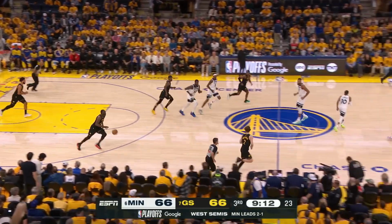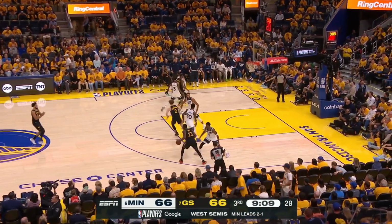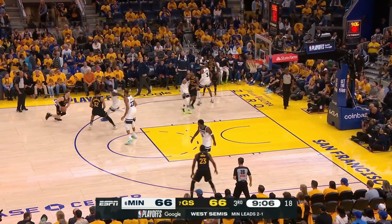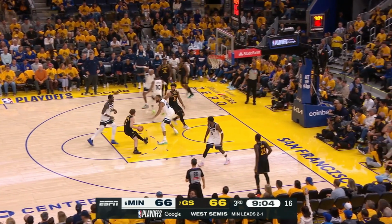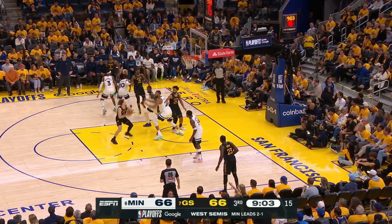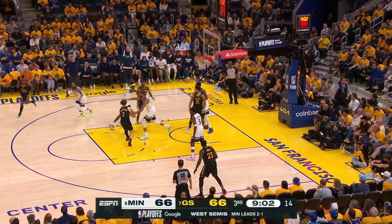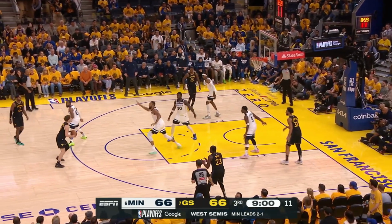Sometimes it was Minnesota's perfectly executed help defense that stood out the most, like here Randle does get caught behind on the screen, but see how Gobert keeps his man from getting behind while still pouring at Podziemski to keep him guessing as well, and when he does have to switch out, Randle helps the helper by getting back to Gobert's man. Again, they're forcing Golden State to recycle possession, and when Gobert overcommits on that flyby, Ant now